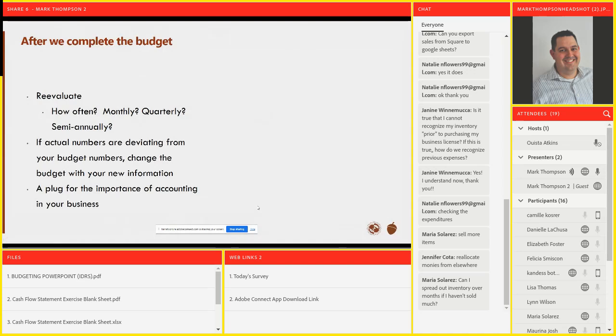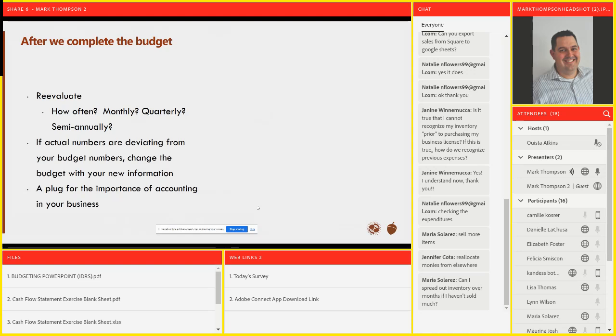So what are we doing after we complete our budget? We got our budget all filled out. It's got all that great information. What do we reevaluate, how often? That's really up to you. If this is the first time you're doing a budget, maybe checking it monthly would be worthwhile, because you don't have a lot of that information, and every month you're getting more data, right? But at least go in there quarterly, semi-annually, so you can adjust and say, hey, is there